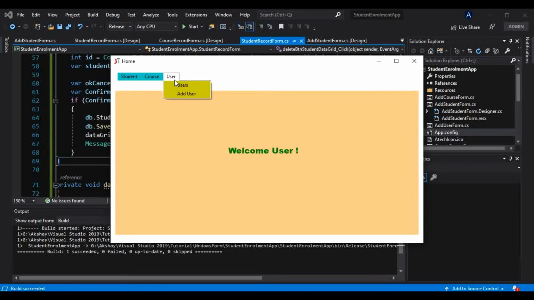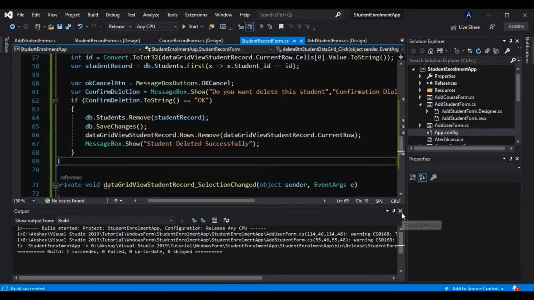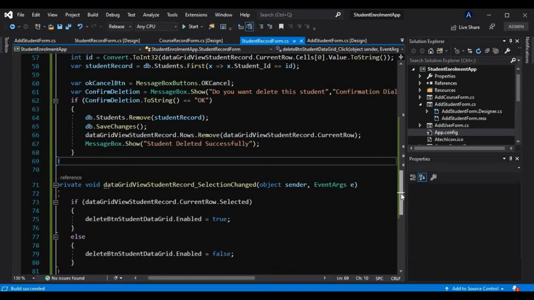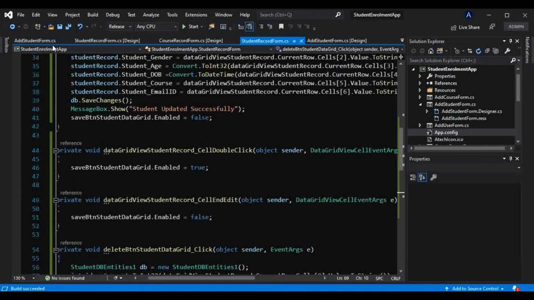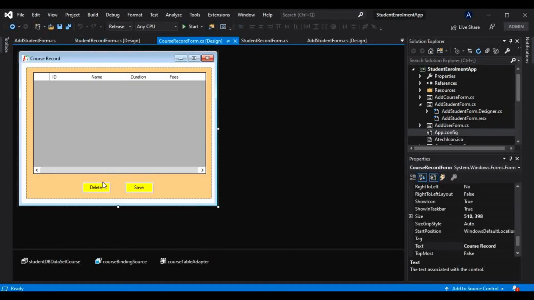For this course and user, so I will use that only, to save our time. Anyway, we have learned already how we can create this functionality, so there will be no difference for that course and for that user. The only thing I have to create here is that if I go to this record form, there should be this button. And there is this button already, I have created this as well.